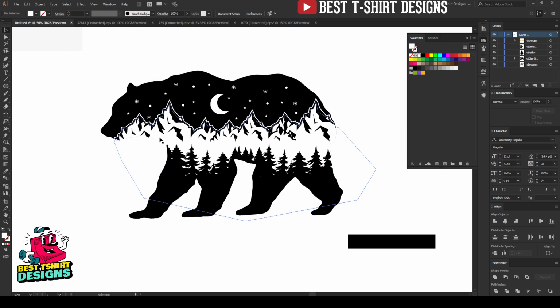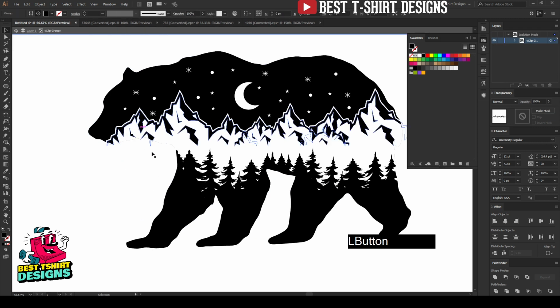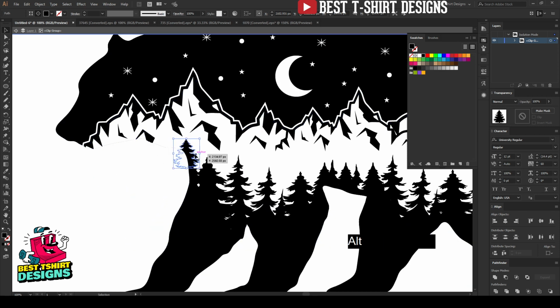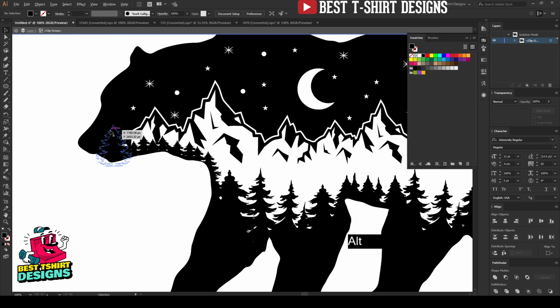And here is some area that is missing, like this face part is not visible here. If I double click to come inside the group here, I will be able to select one of these trees here. I want to make it very small so that I can see their tops only, kind of this. Then I'm going to place it all the way here. So this is going to keep this face area visible, because as I told you, this is really important to keep the facial details, and for this area I don't want those mountains to be visible, so I can make it look like this. So that is fine, I think.